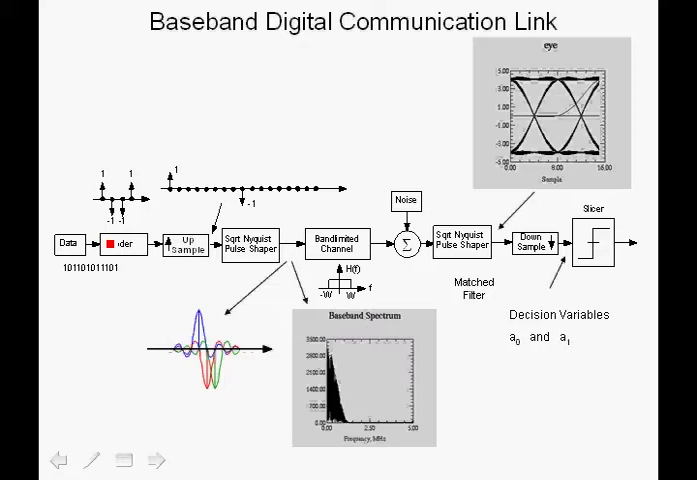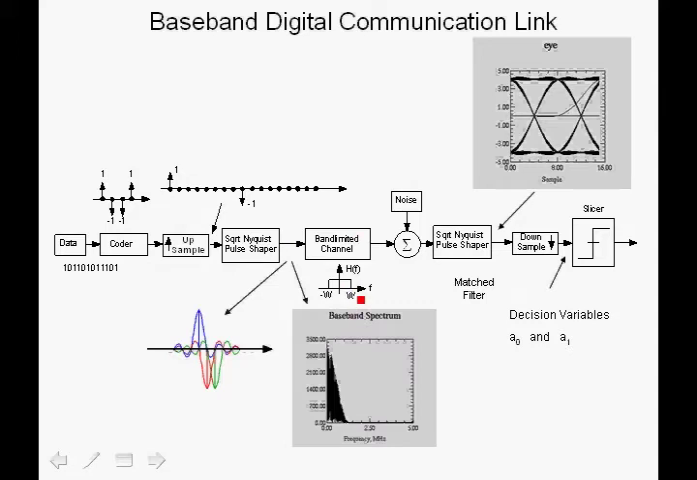We have a coder which maps a 1 to a plus 1 and a 0 to a minus 1. These are our symbols. And we have an upsampler which inserts zeros, generating impulses. So we have an impulse for the first symbol and an impulse for the second symbol, for example. These impulses are input to a square root Nyquist pulse shaper and then transmitted through a band-limited channel with a